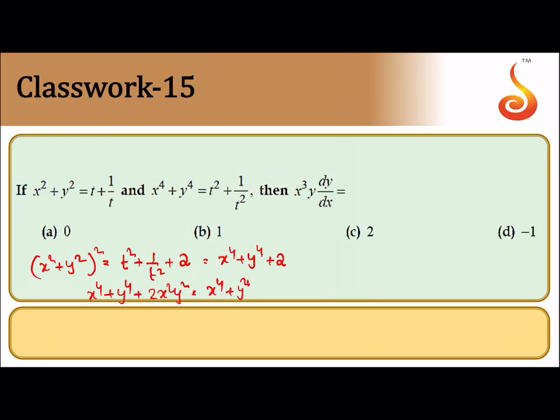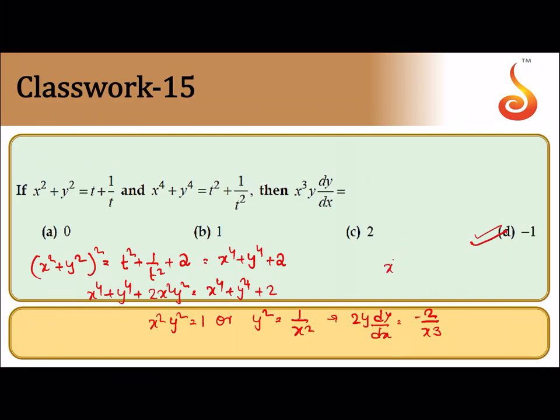So we know this is equal to x to the power 4 plus y to the power 4 plus 2x square y square equal to x to the power 4 plus y to the power 4 plus 2. So we get x square y square is equal to 1, or y square is equal to 1 by x